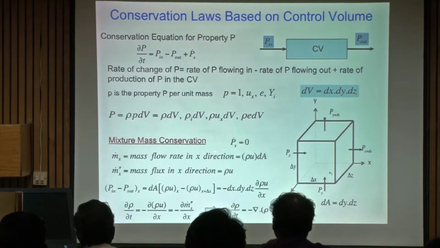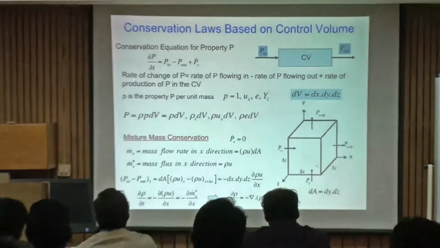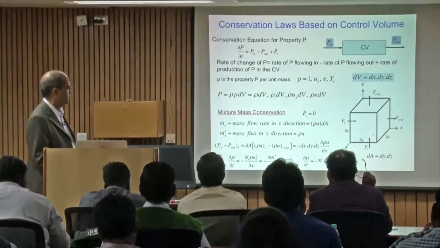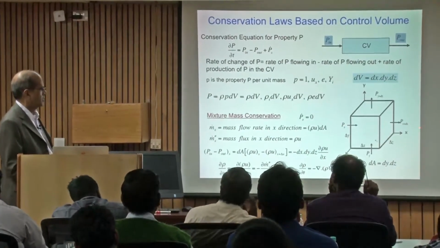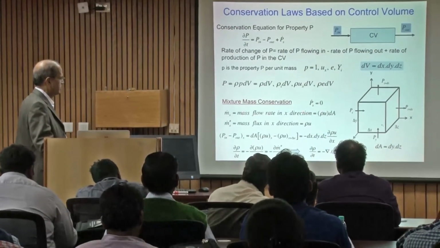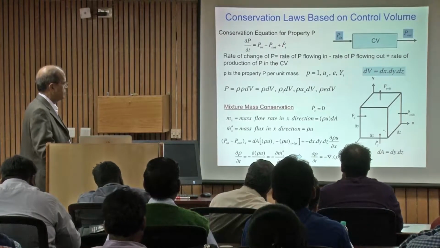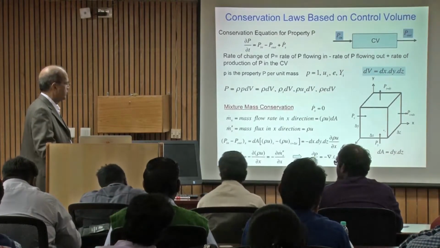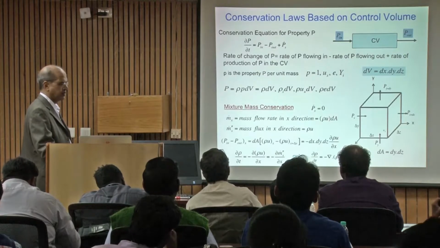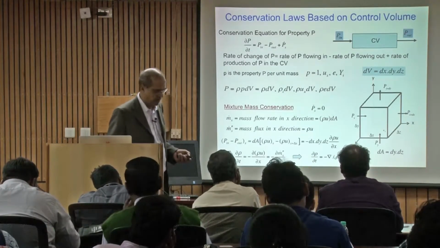For that there is no source term, unless we consider spray flames, where you have a vaporization effect. But here we are just considering the gas mixture, single phase. So this part will be 0 for the mixture mass conservation. If you consider a one dimensional case,